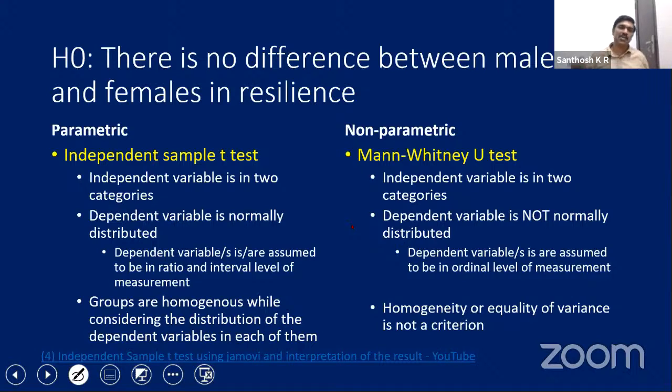Okay, if it is not normally distributed, then we have to go for non-parametric. Normal distribution is just an indication that our data is representative of the population. If it is not normally distributed, then it is not representative of the population, and any calculation which we do in that sample will not be identical to the calculation which we do in the population. Because of that, we go for non-parametric, and we have to use a non-parametric test to get an exact answer, and that is the Mann-Whitney test.